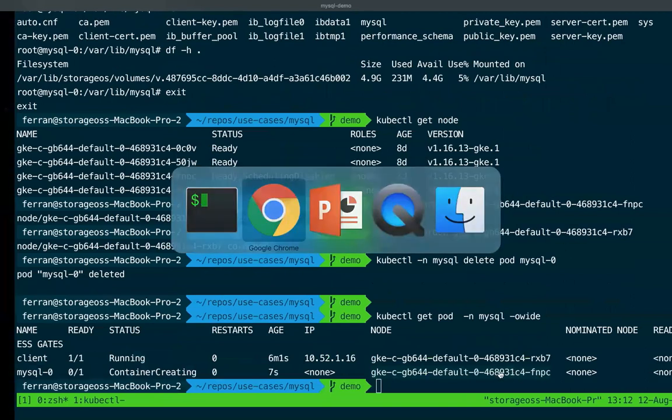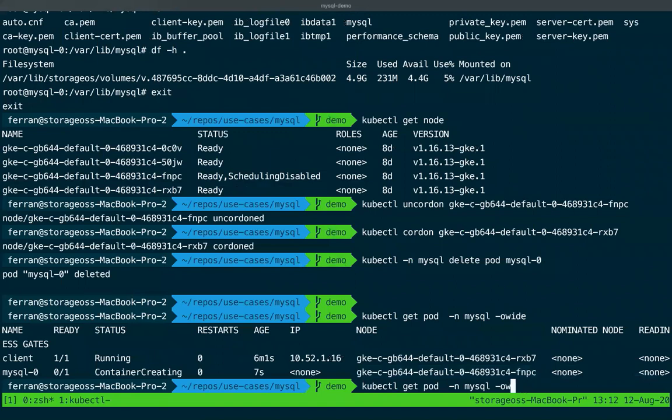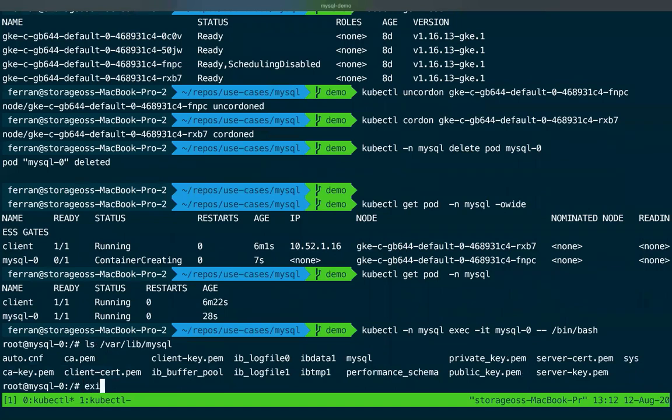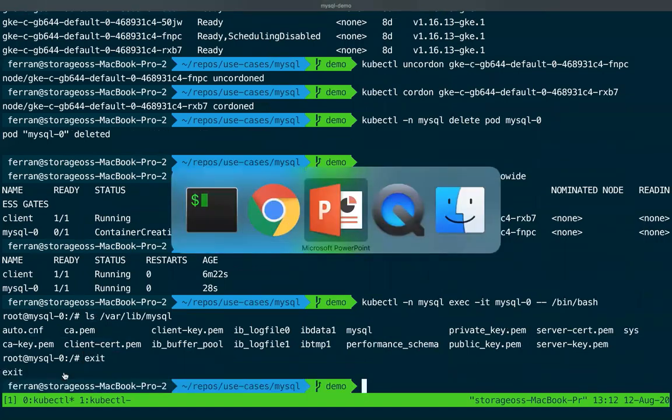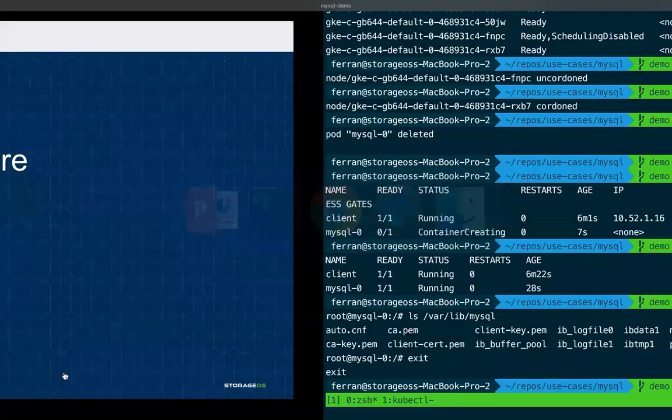In this case, we can see the FNPC, which is a different node from any of the ones that we saw before. Now we can see in the StorageOS user interface that that's the case. The data is in one node, the pod is being created in a different node, and it's mounting the volume. Once again, we can check the contents of that MySQL directory to see that the data is just the same files, etc. StorageOS enforces synchronous replication, and that will allow us to fail a node and automatically recover